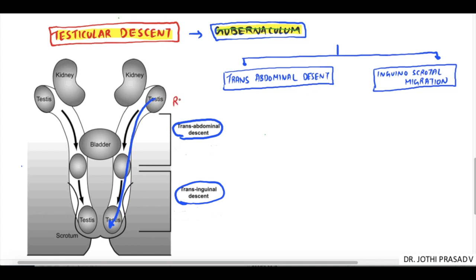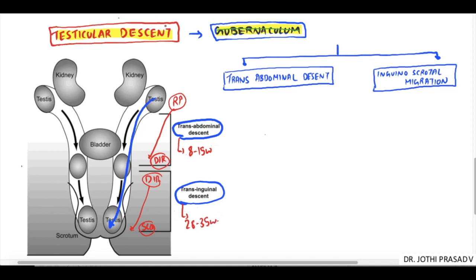The descent from retroperitoneum up to deep inguinal ring is transabdominal descent, which classically occurs during the 8 to 15 weeks, and the descent from deep inguinal ring to base of scrotum is transinguinal migration, which occurs during 28 to